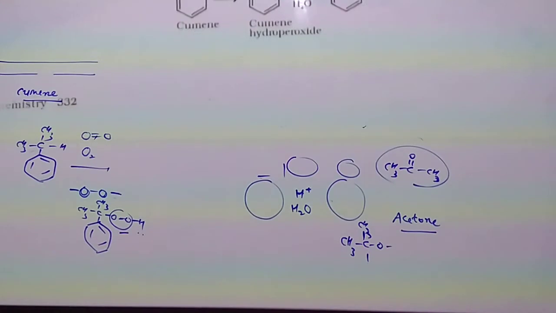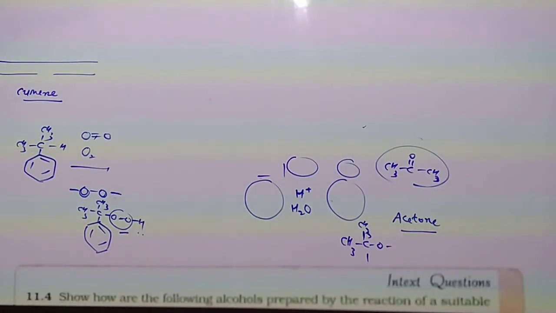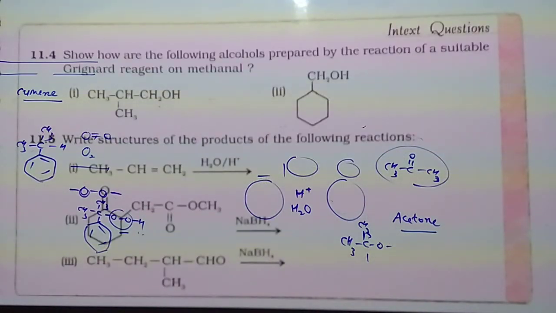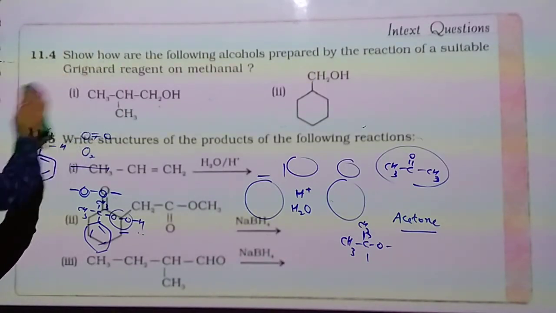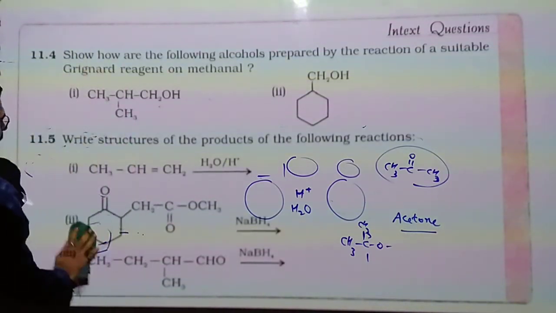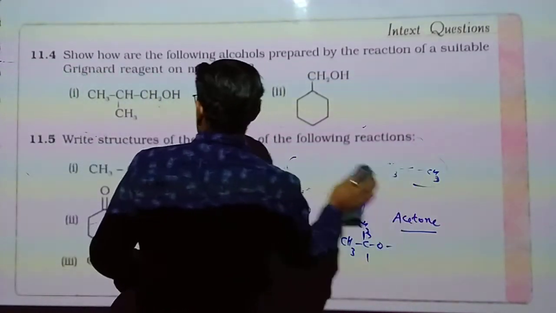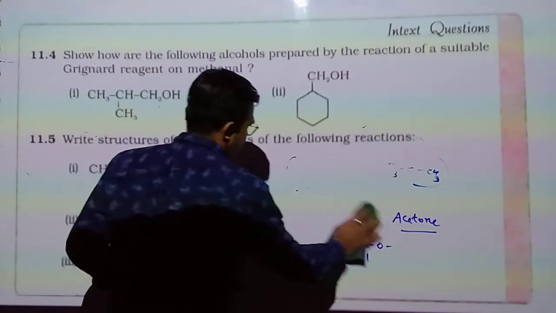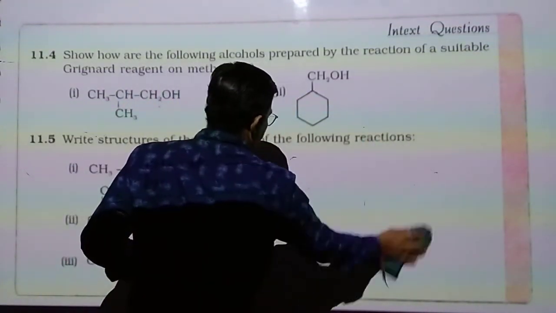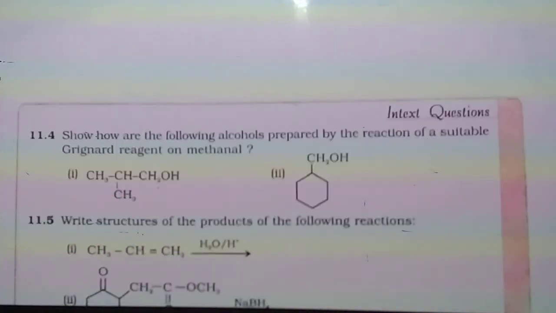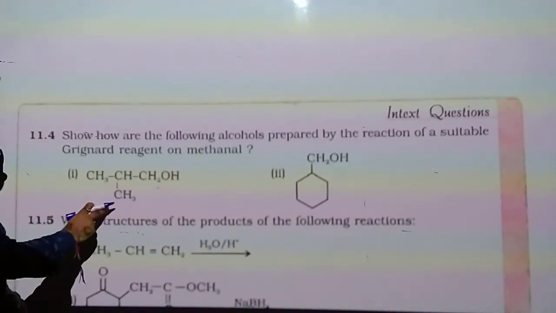Now, we are at our new point. In-text question, you can see. Read the question first. In-text question 11.4. How are the following alcohols prepared by reaction of a suitable Grignard reagent on methanal? Methanal means formaldehyde, one carbon. So we have to make this compound